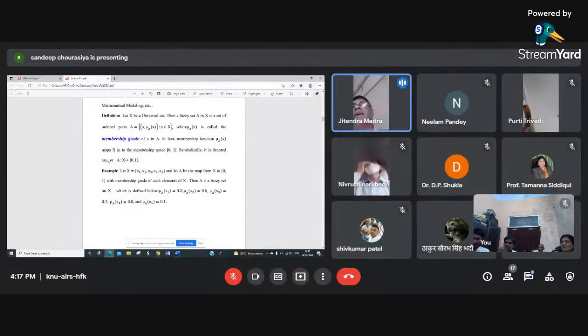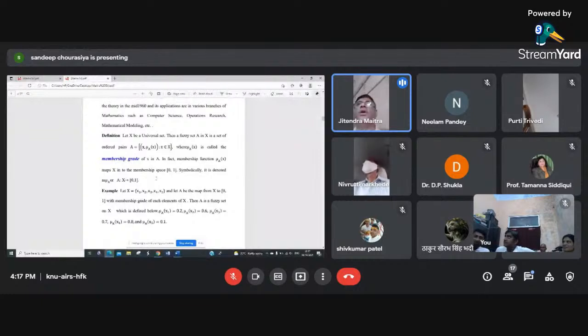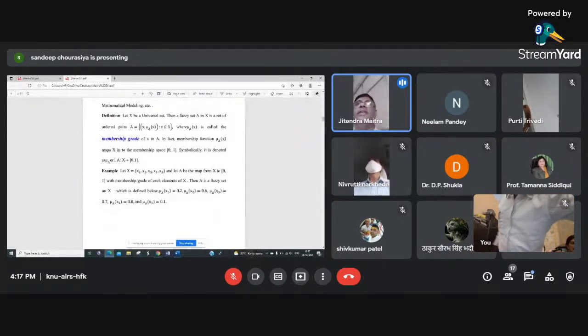So this is the membership function. Now, what is the fuzzy set? Fuzzy set means what are the elements in the set. So we cannot answer in yes or no, whether element 1 is there or not, element 2 is there or not. We say that element 1 is in the set up to the membership value 0.1, and element 2 is in the set up to the membership value 0.2. So that is the generalization here.